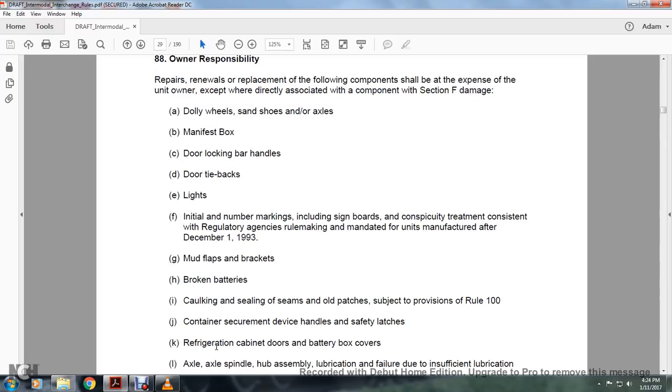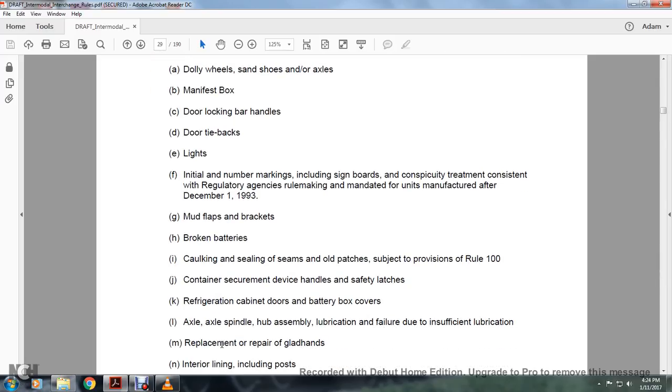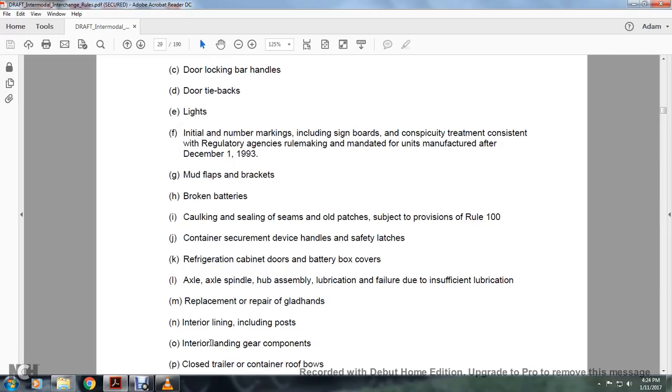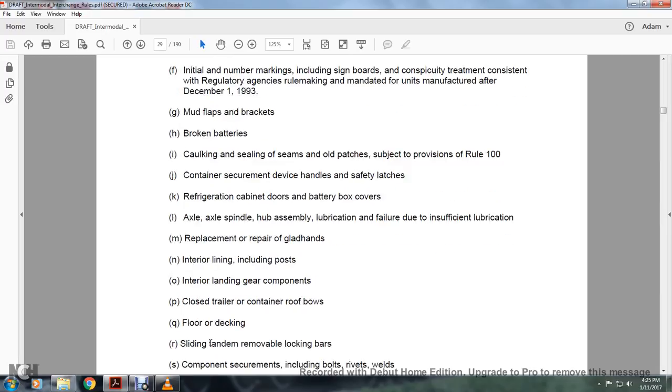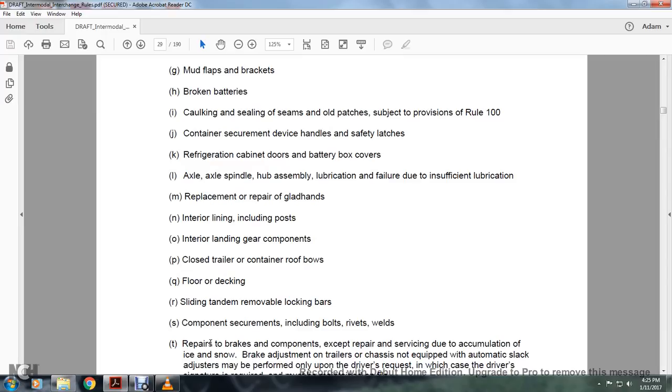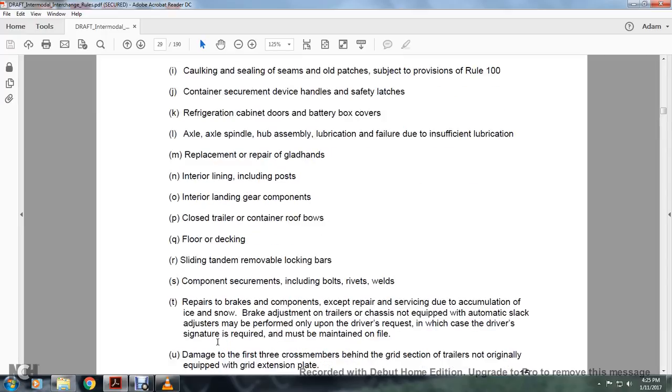handling safety latches, refrigeration cabinet doors, battery boxes, axle spindles, hub assemblies, and lubrication failure due to insufficient lubrication, replacement or repair of the glad hands, interior lining including posting, interior landing gear, the components of closed trailer and container roof bows, floor, decking, the sliding tandem, the removable locking bars, components securement including the bolts and rivets and